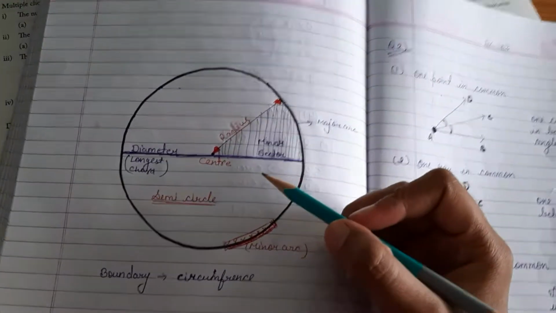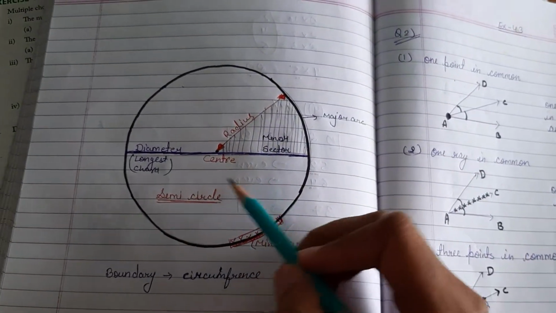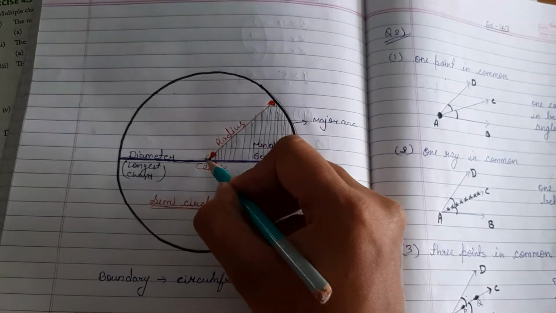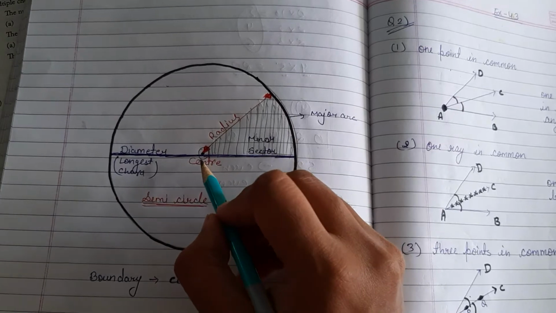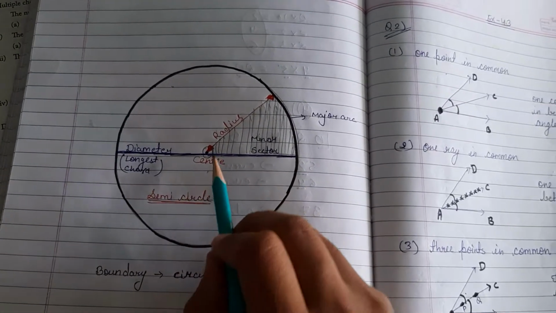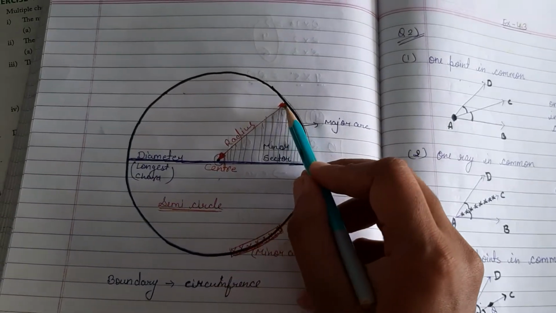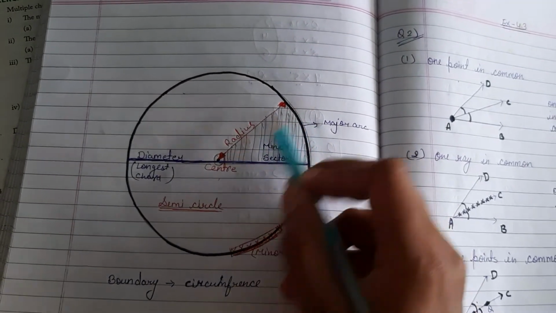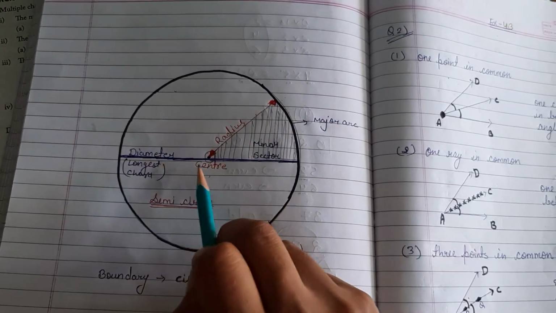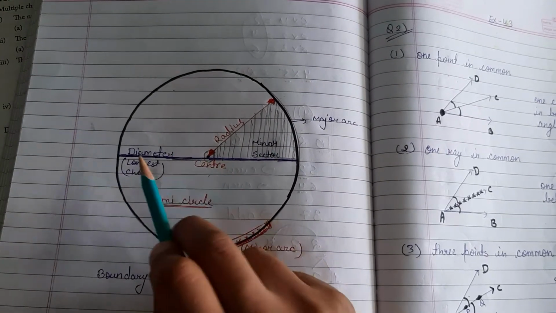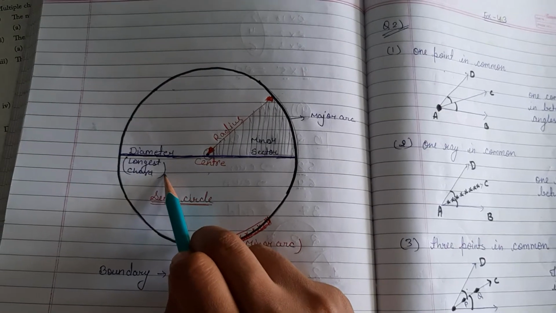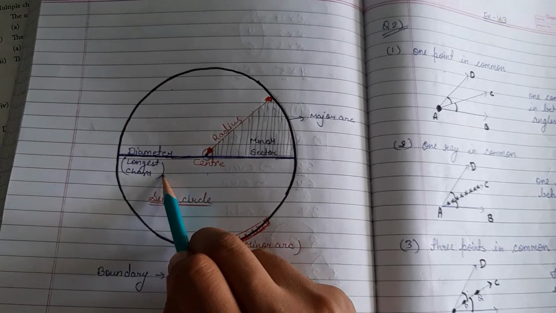So here is the circle. You have to draw any radius of the circle. After drawing, you have to find the center point, where you put the compass. From the center to the boundary of the circle, that is called a radius. And if any line passes through the center, that is called a diameter, and the diameter is your longest chord. Always learn that diameter means your longest chord.